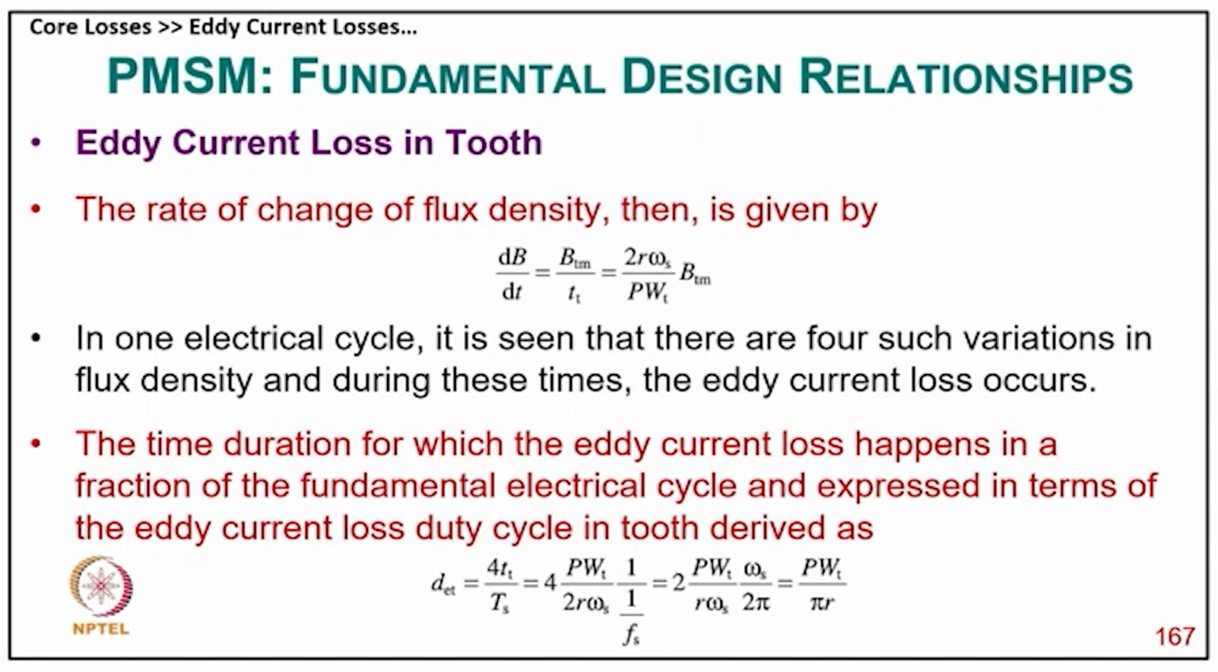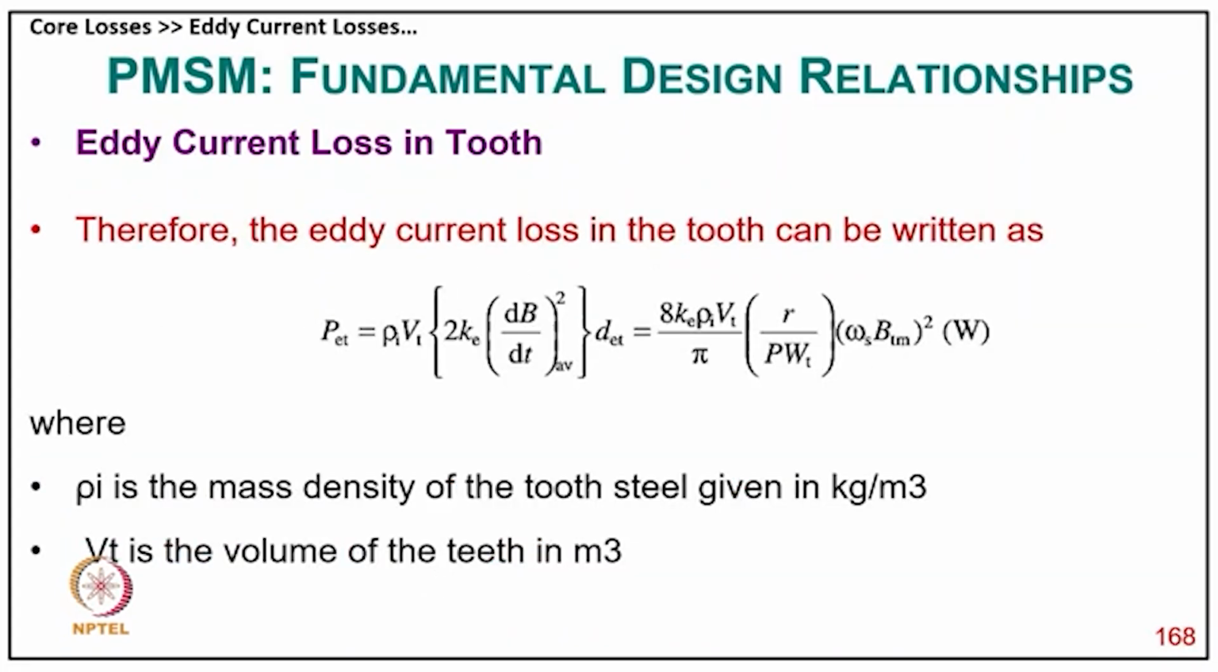In one electrical cycle, it is seen that there are 4 such variations in the flux density, and during this time eddy current loss occurs. The time duration for which the eddy current loss happens, as a fraction of the fundamental electrical cycle, is expressed in terms of the eddy current loss duty cycle, derived as d equal to 4Tt upon Ts, equal to 4 p Wt upon 2 r omega s into 1 upon Fs, equal to p Wt upon pi r, and therefore